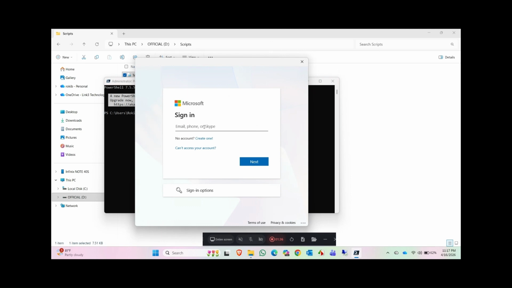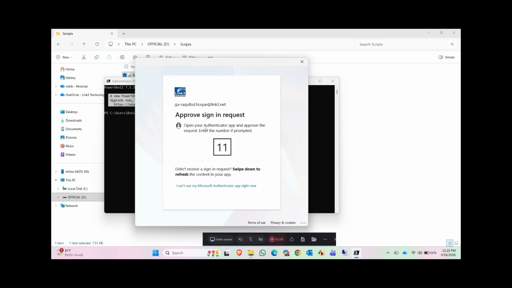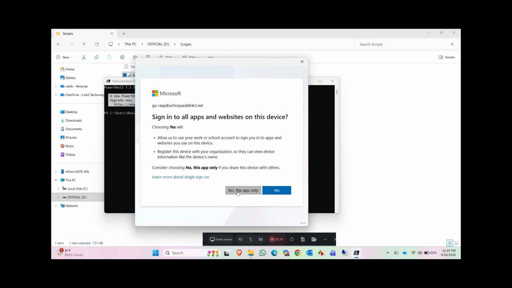It will ask for my global admin ID. Once you connect,